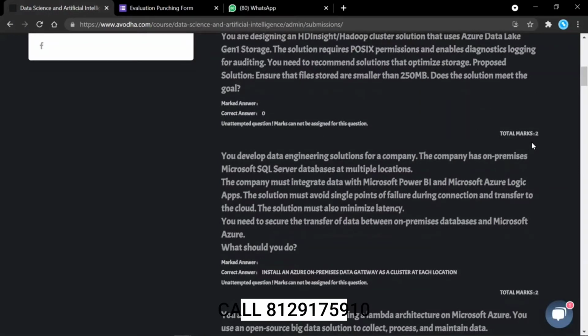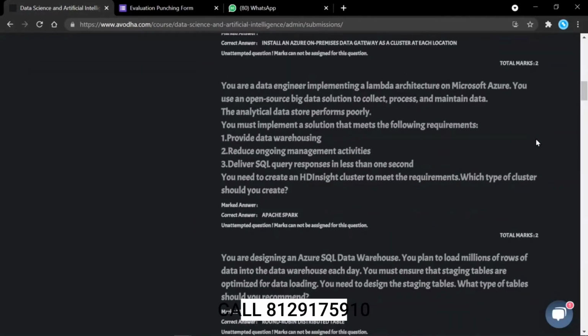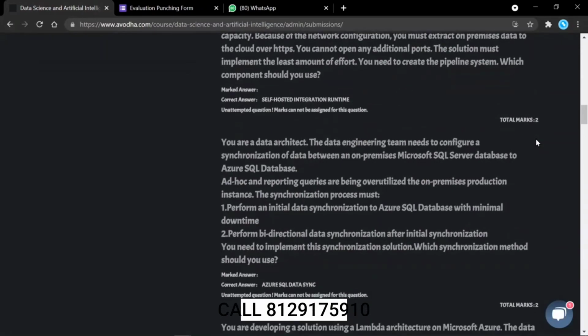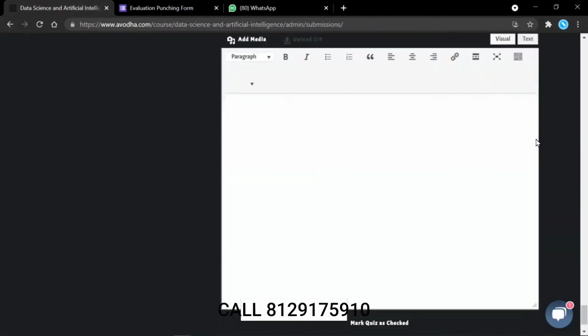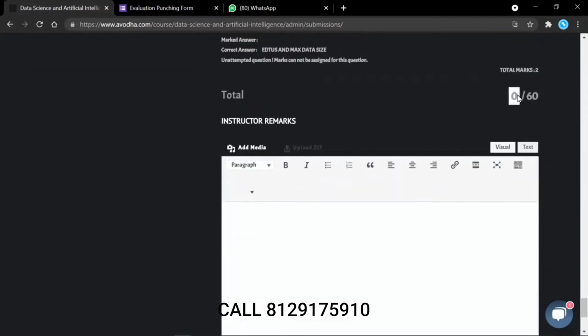These marks are here. All you have to do is look if the answer is correct, note down the marks, and in the end calculate all the marks that the student has got. Then you scroll down, and you can enter the total marks here. The total mark over here is 60. The student hasn't attempted anything, so this is just for demo purposes. I'm not actually evaluating it right now.